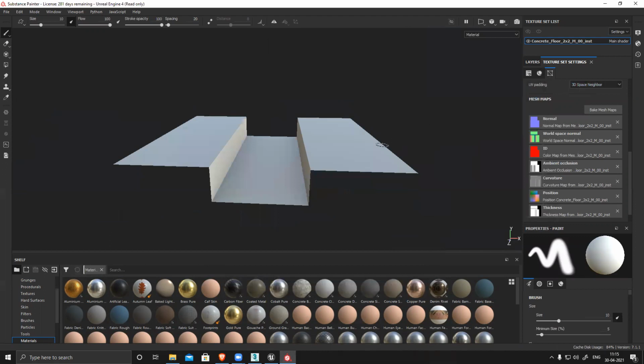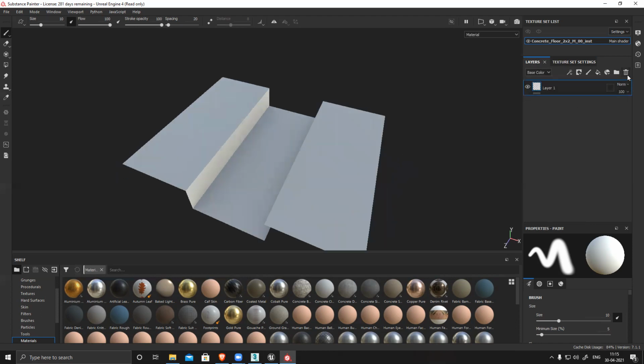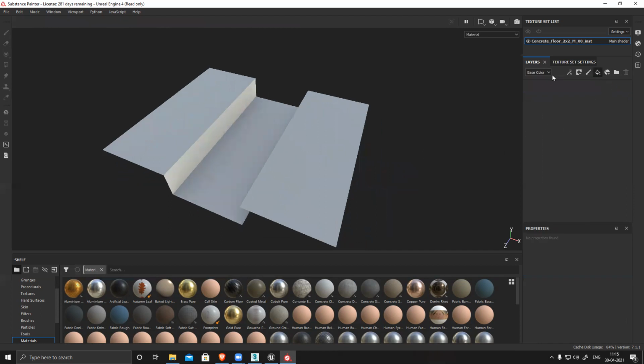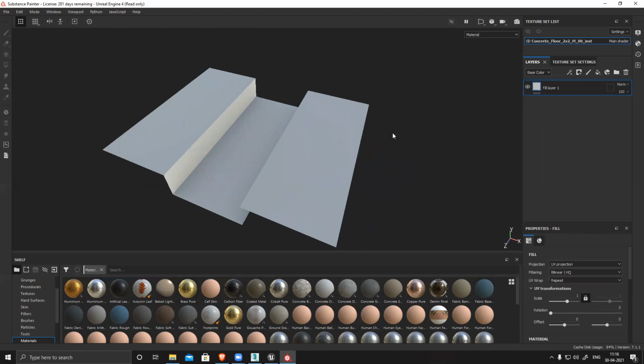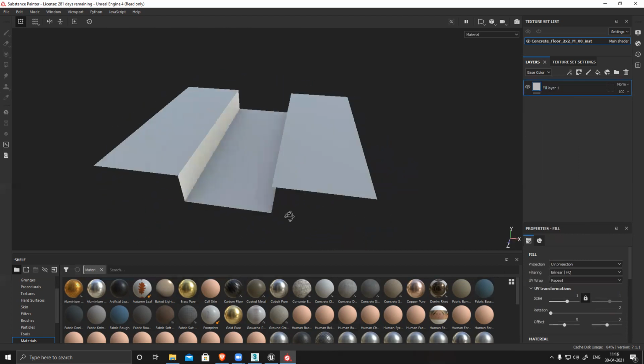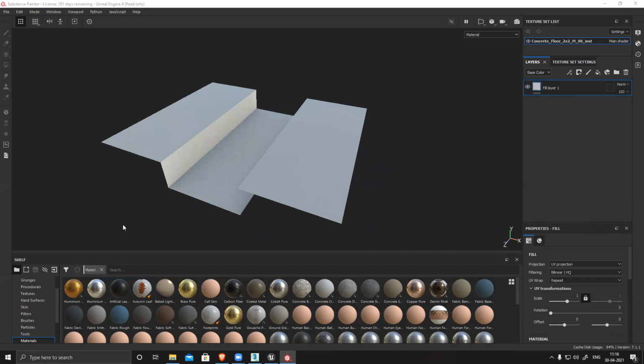But now I want to create a really super realistic texture. There are two things I can do. I can use a procedural texture for this, or I can create the texture nicely for this section very easily. Let's see what I can do here. First thing first, use a fill layer. And now I have to identify the texture I want to use for this. So I'll go to Bridge.